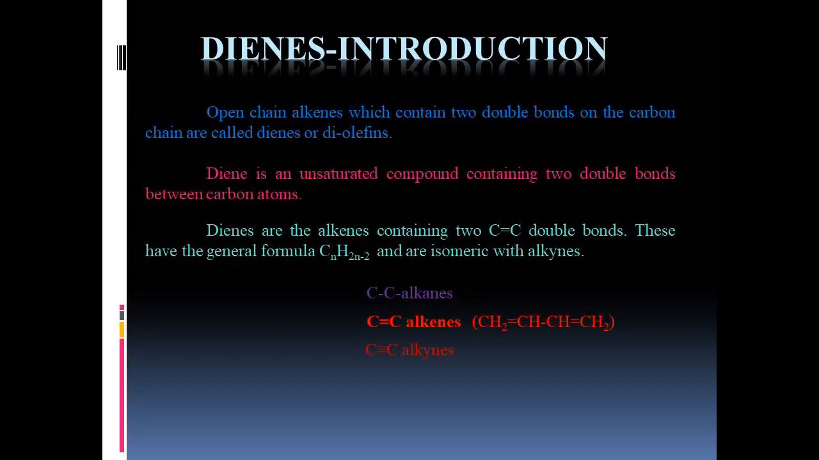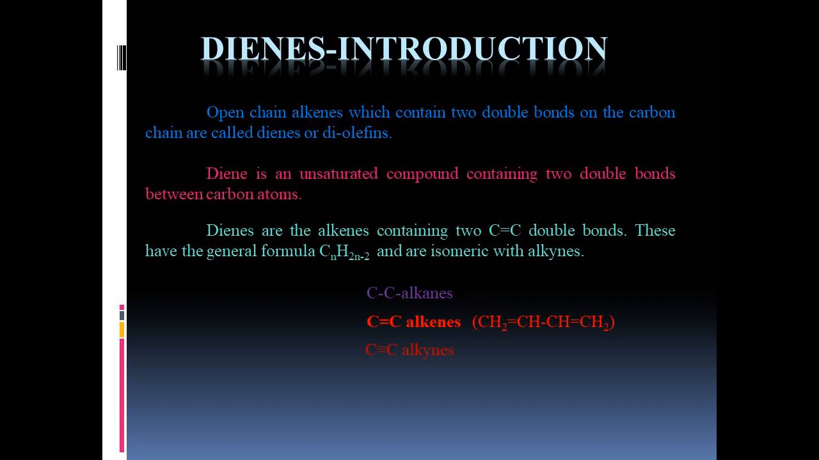Carefully listen. Dienes introduction. Various types of definitions are there, all of them coming to the same meaning. First one: open chain alkenes which contain two double bonds on the carbon chain are called dienes or diolefins. Another definition: a diene is an unsaturated compound containing two double bonds between carbon atoms. Another definition: dienes are alkenes containing two C=C double bonds. These have the general formula CnH2n-2